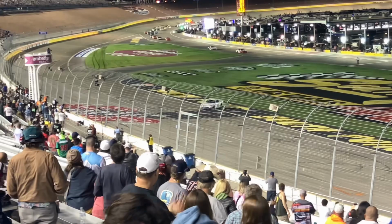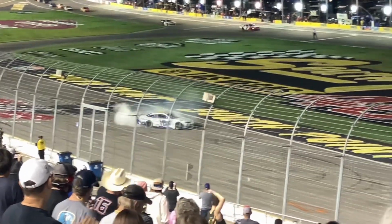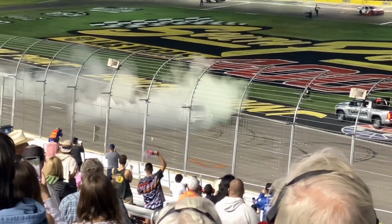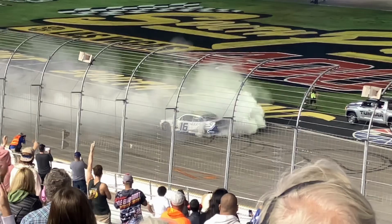The NASCAR Xfinity Series only has 2 races left. And, well, it's an elimination race at Martinsville, and then it's the championship race at Homestead. Well, 2 of those spots are locked up. Last week, we saw AJ Allmendinger win at Las Vegas, and he was able to lock himself into the championship. Now, it was a Chevy teammate, RCR's Austin Hill, today getting the win, going to victory lane at Homestead-Miami Speedway and advancing to the